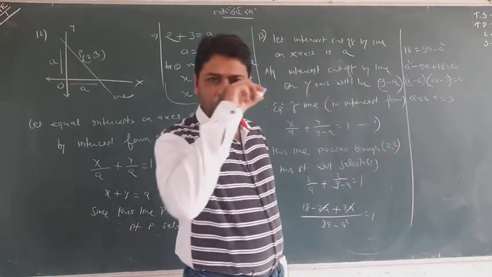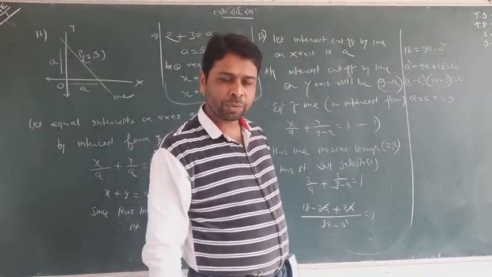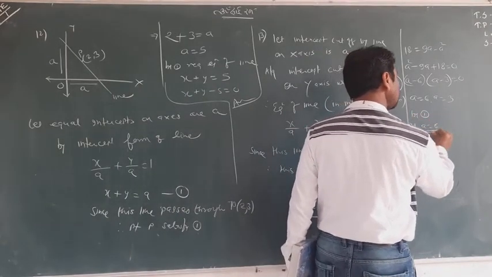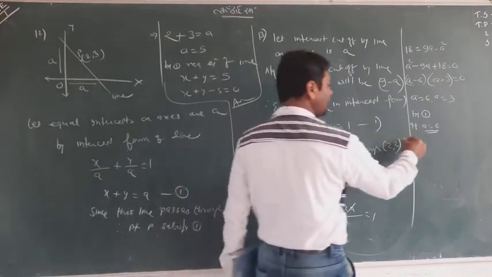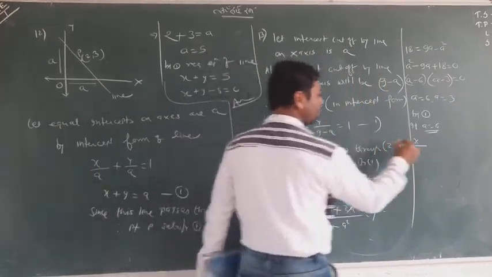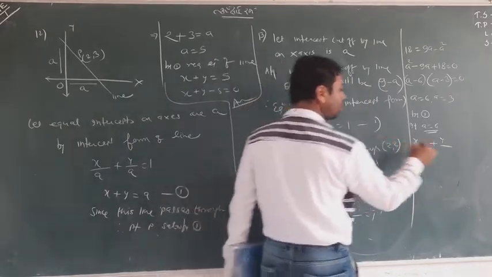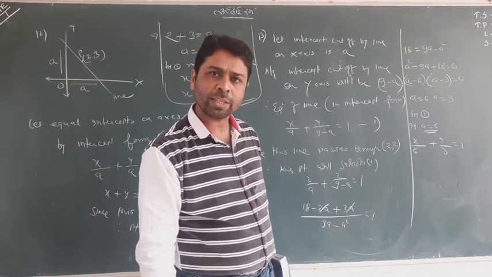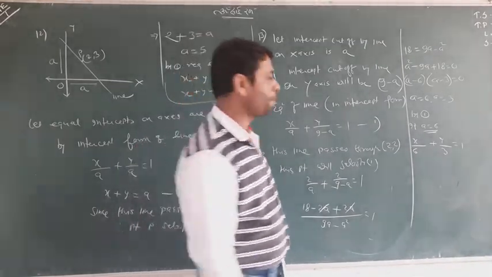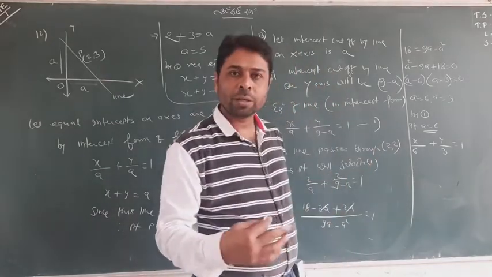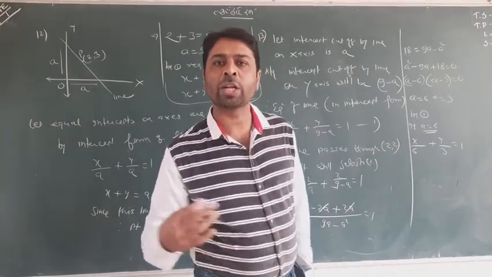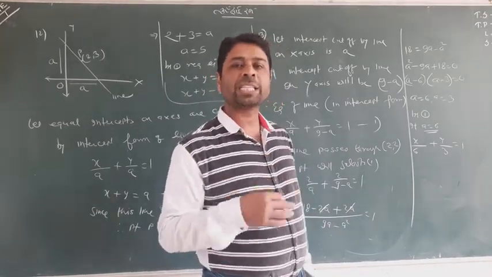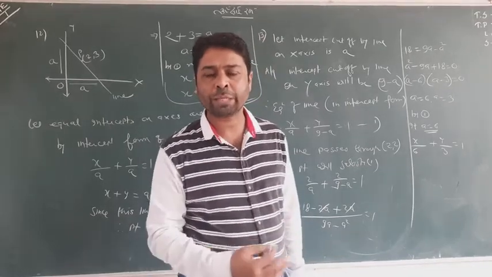Very common thing. So when A equal to 6, what will happen? If A equal to 6, what is the equation? X upon 6 plus y upon 9 minus 6, which is 3, equal to 1. This is my answer. If you want to take an LCM further, you are free, but I am leaving my answer right there. I am not converting my answer into general form. If you wish, you can take an LCM and convert your answer into general form, Ax plus By plus C.